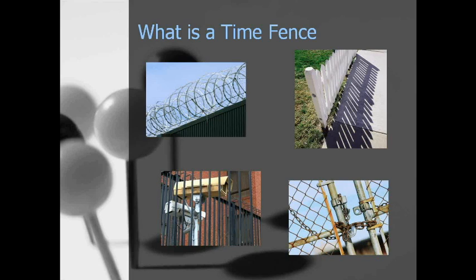But the concept of time fences is based in reality, that no matter how good your schedule is, as soon as you release the schedule to production, things are going to happen either out in production or with your customer orders or with your sales department, where people are going to want to change orders that are already out in production or bring new material, new orders in shorter than